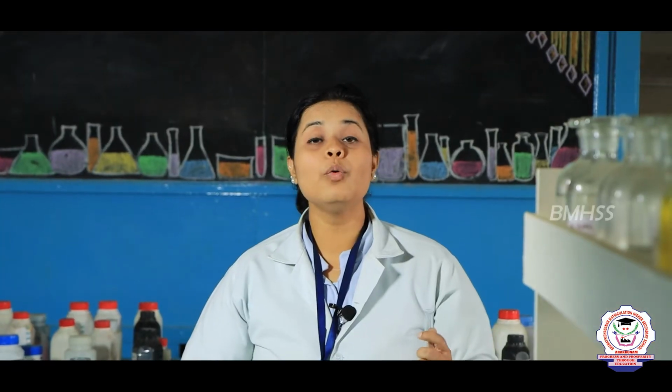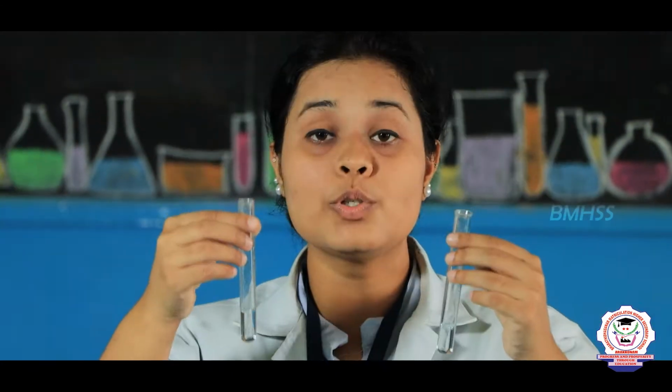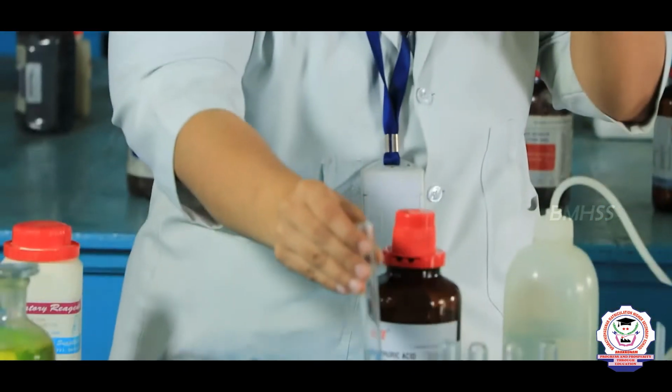Yes. So students, now we are taking the solution of it. In this solution, we have added 10 grams of the salt which has been provided, with 15 ml of water. When it is dissolved, it looks like this. Now this solution we are dividing into two parts. Let's take a test tube. Now I have taken one more test tube. I will pour some solution into each and see that both the levels are equal. So I got two solutions, right? This second test tube I am keeping down.